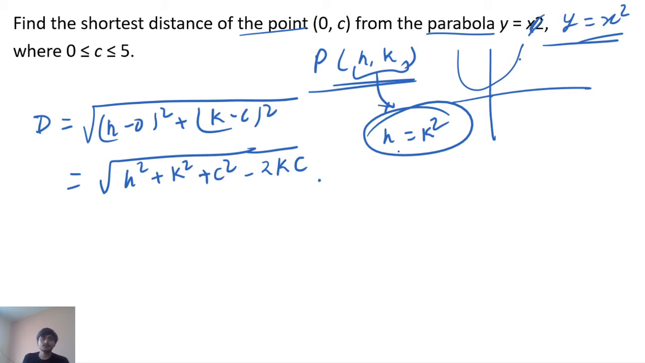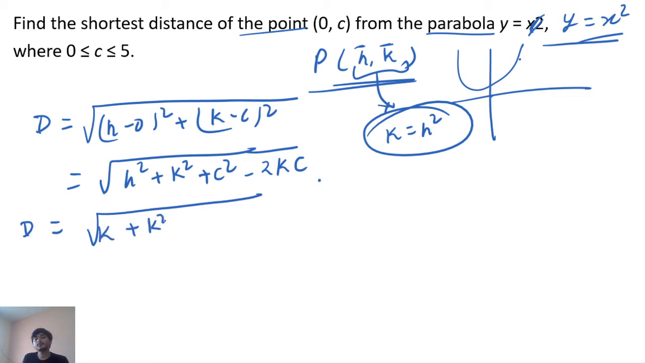Sorry, I wrote it opposite, I think. See, the y value is k and the x value is h, so k equal to h square, right? Now I can put this value in, so d is equal to root of k plus k square plus c square minus 2kc, right? So you can either write it this way,